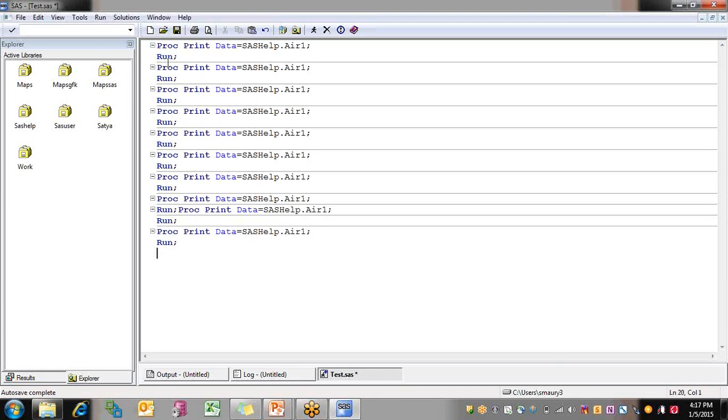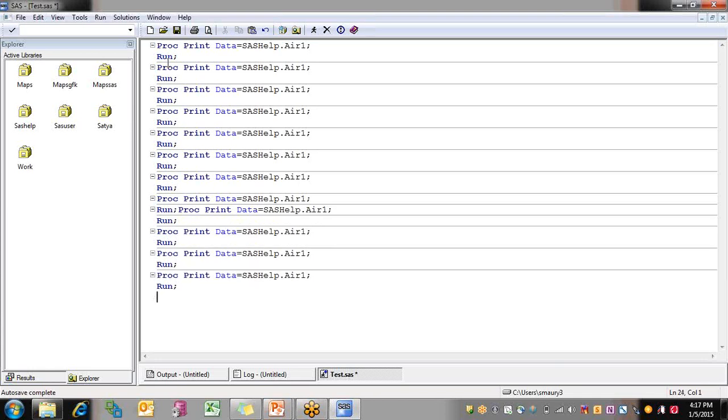You can see every time I write, hit enter and go to this proc. If you want, I can write data as well. Data, as I have written data, you can see a line, right? So this line is nothing but the step boundary, and every time you hit enter and either you will